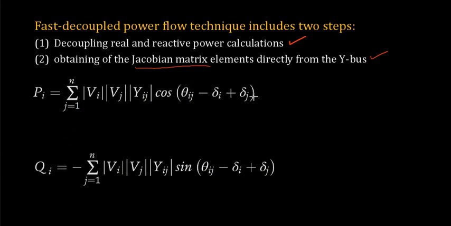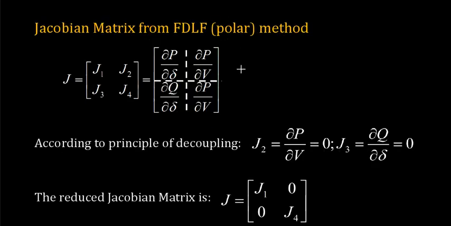Okay. And these two are the equations that govern the entire process. So active power at any bus, PI, is given by this equation, and the reactive power is given by this equation. So here this is a cosine function and this is a sinusoidal function with the negative sign. So this is the equation for active and reactive power. So keeping this in mind, we will be considering the fast decoupled method.